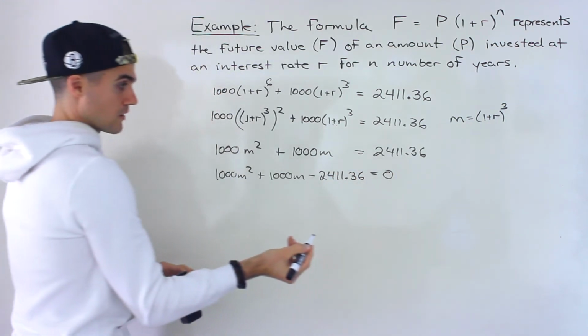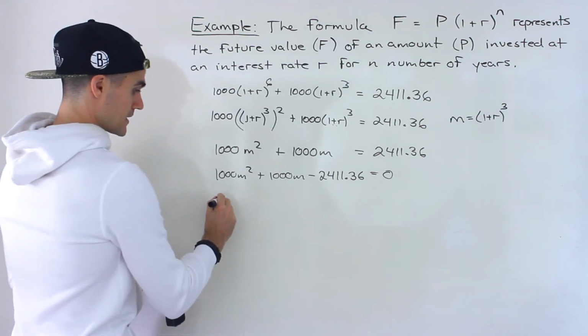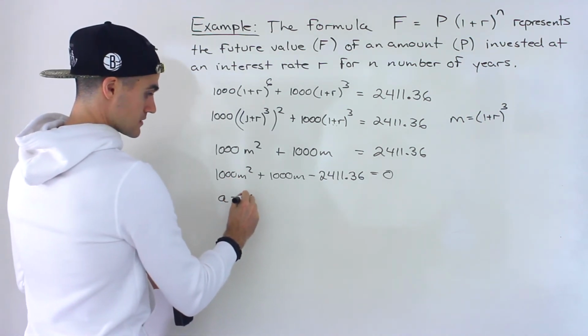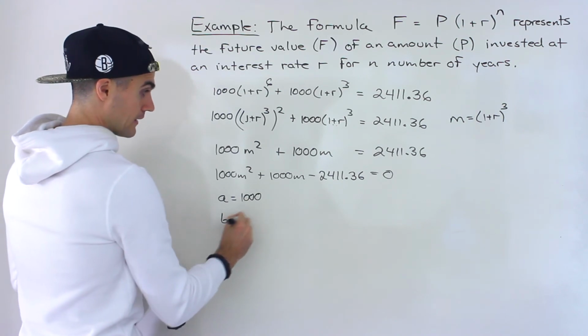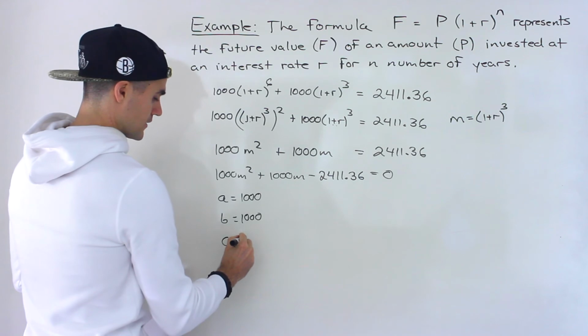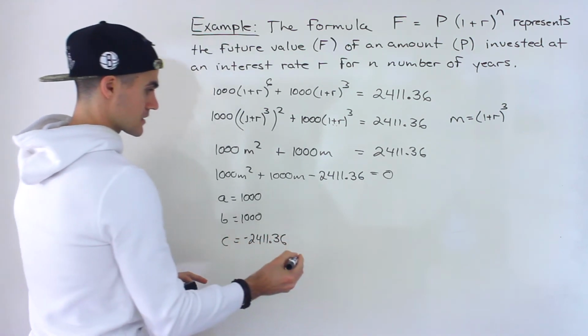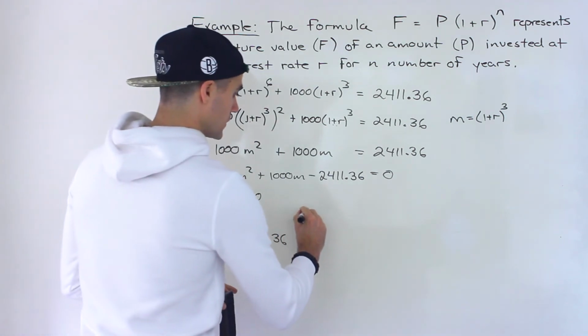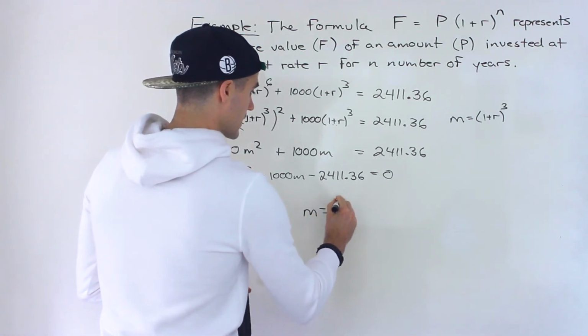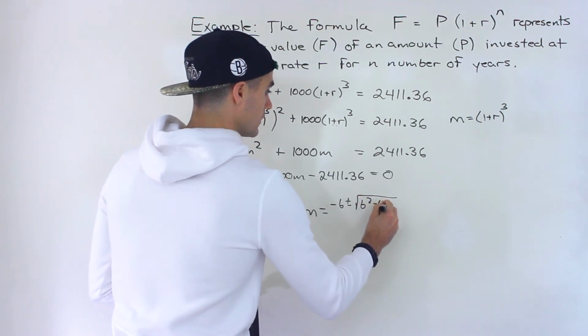That's going to equal 0, and we could just plug this into the quadratic formula, right? Because the a value is 1000, the b value is 1000, and then the c value is negative 2411.36. And so the quadratic formula, the m in this case, is negative b plus or minus square root of the discriminant